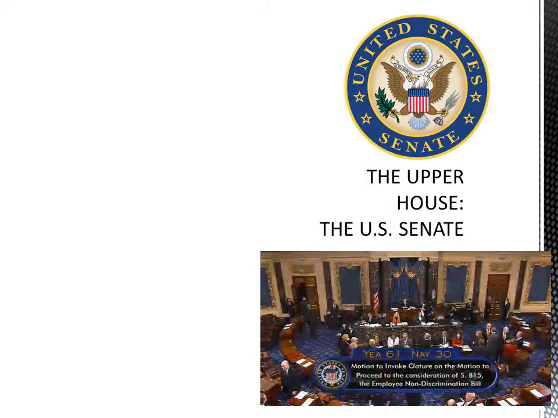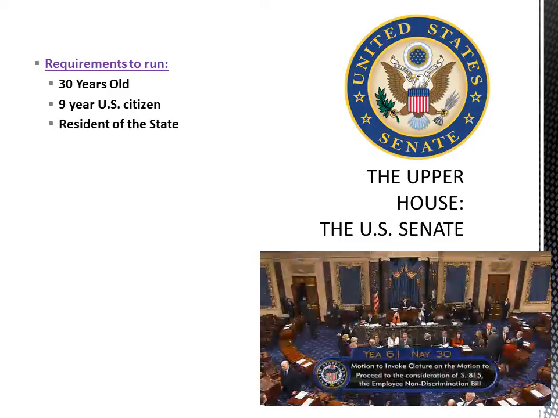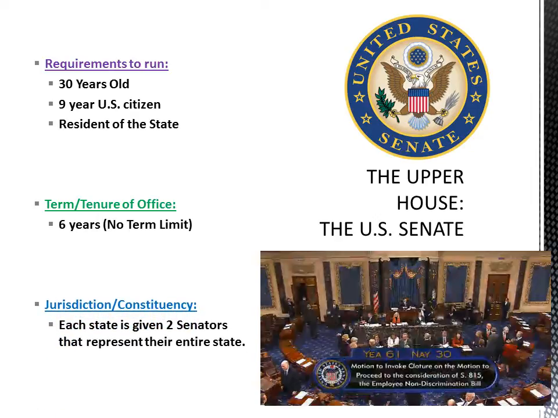The upper house of the U.S. Congress is known as the United States Senate. Its requirements to run for office include being at least 30 years old, a 9-year U.S. citizen, and a resident of the state that you wish to represent. Senators have a much longer 6-year term, but also have no term limit and can run for as many consecutive terms as they wish. Senators represent the entire state that they are elected from, and every state is given 2,